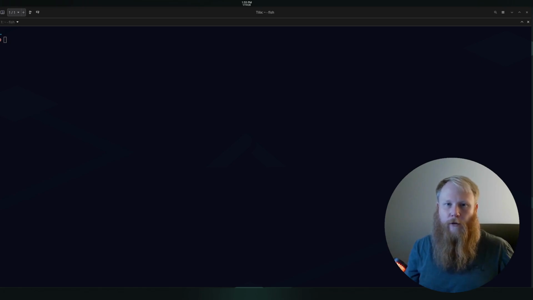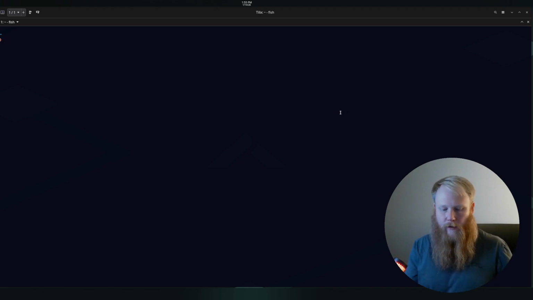Quick Docker tip that'll save you time every single day. You don't need to worry about container IDs when you're looking for containers. You don't even need to worry about full names. Docker already does fuzzy matching for you, and it works really great out of the box. I'm going to show you some tips and tricks that I use on a daily basis, and this should greatly